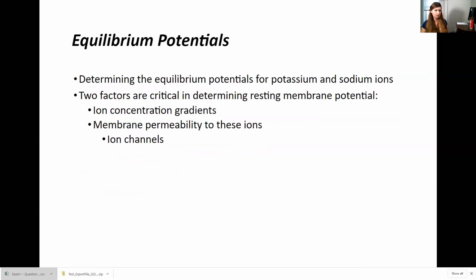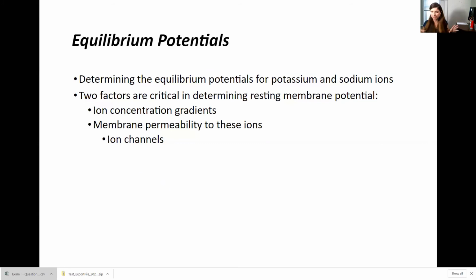Okay. So we're going to go through potassium and sodium individually. And we're going to see that when we're creating this equilibrium potential, we're going to be tracking our concentration gradients, membrane permeability, and those electrical charges. When we're looking at the resting membrane potential,